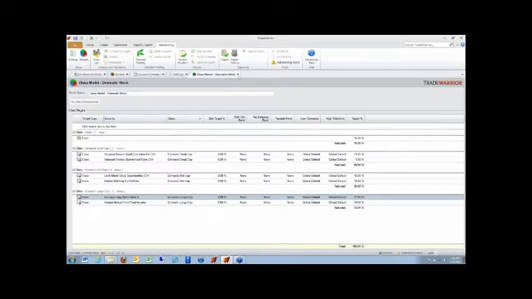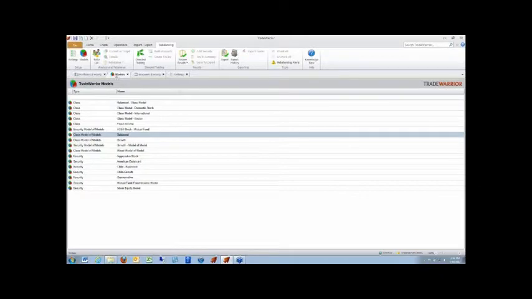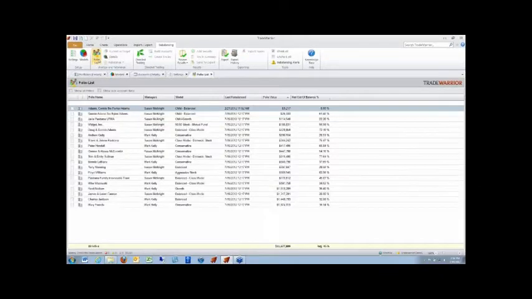Let's go ahead and jump out of the models, and let's jump over to the rebalancing section here. So Trade Warrior basically has a three-step process to get the rebalancing done. The first stage is you come to this folio list screen, and this is just going to list all the clients in the system. The whole purpose of this screen is to basically pick and choose who you want to